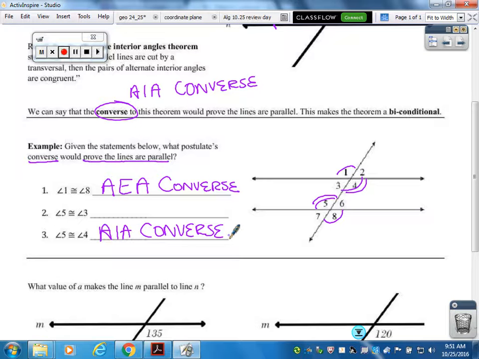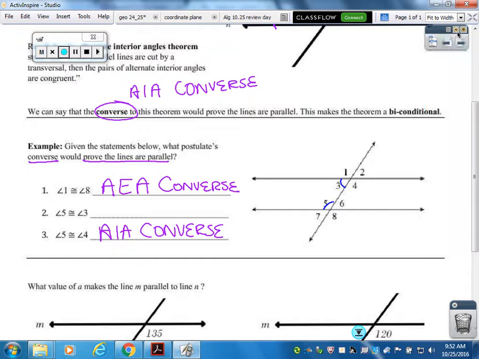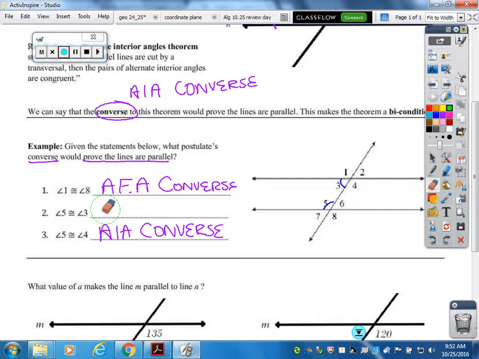And then let's go back to number 2. I said it was a bit of a trick question. I'm going to erase these marks. Number 2 says that angle 5 is congruent with angle 3. Now, if these two are the same measure, you might be tempted to say, oh, they're consecutive angles, so consecutive interior angle converse, right? However, that's not the case, because consecutive interior angles, what that tells us is that angle 5 plus angle 3